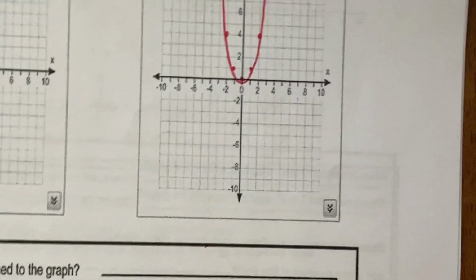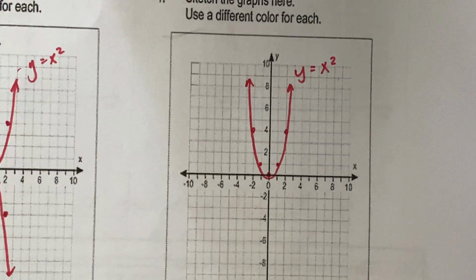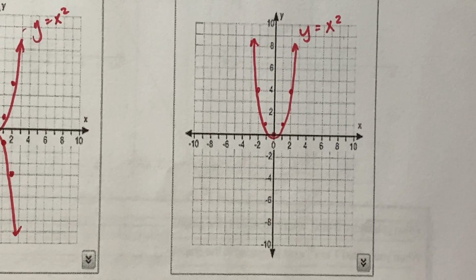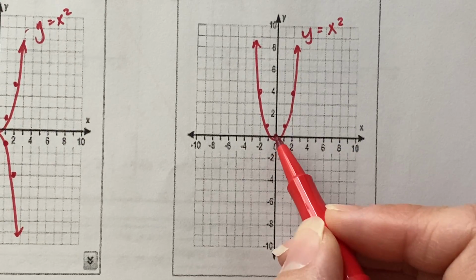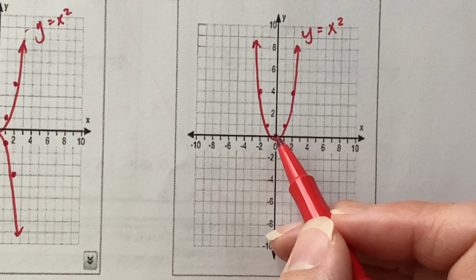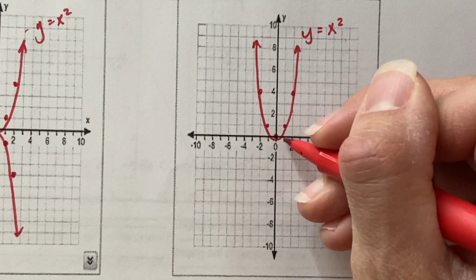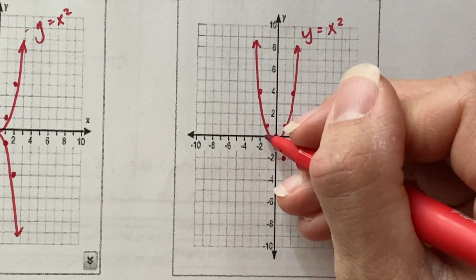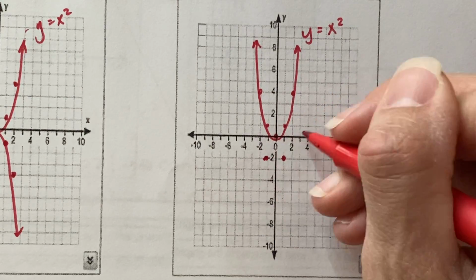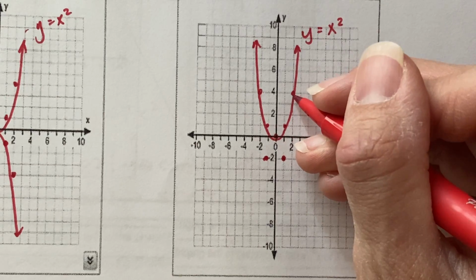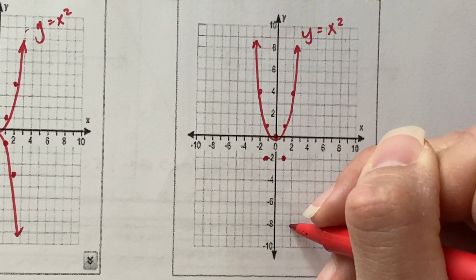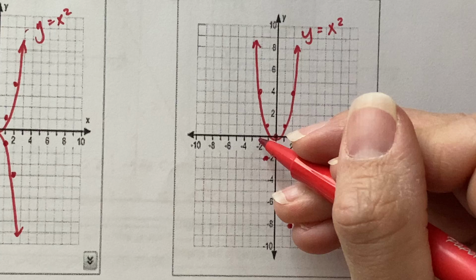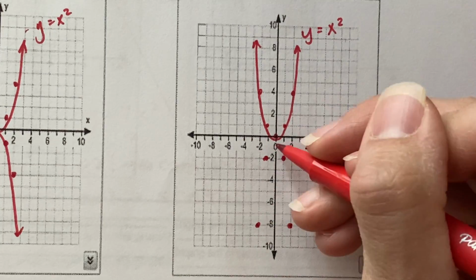Now, y equals negative 2x squared. 0 squared is 0, times negative 2 is still 0. 1 squared is 1, times negative 2 is negative 2. And the same thing for x equals negative 1. 2 squared is 4, times negative 2 is negative 8. And then negative 2 is the same thing. So